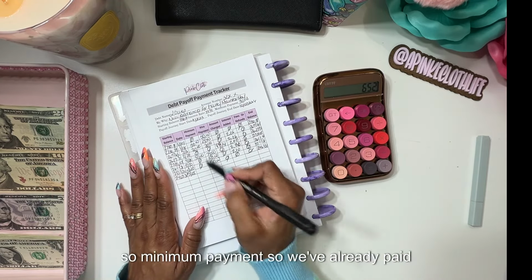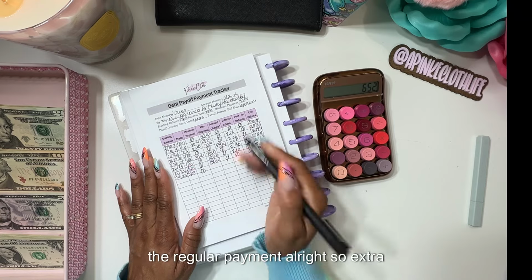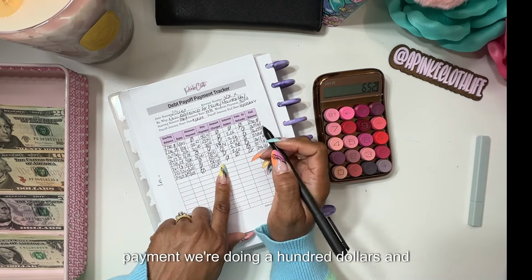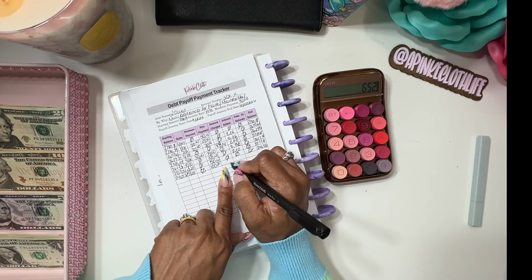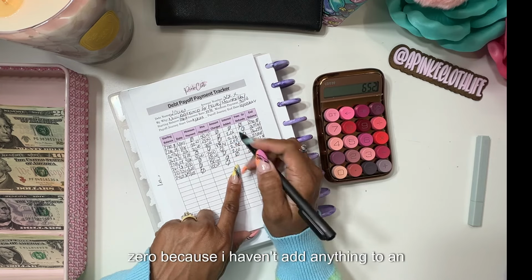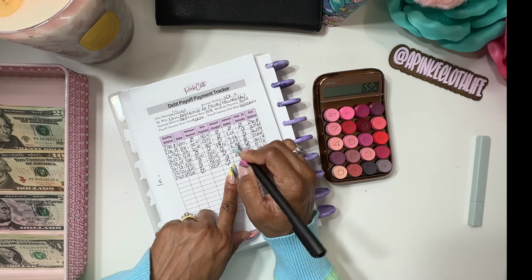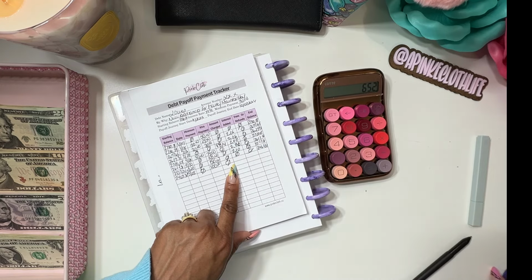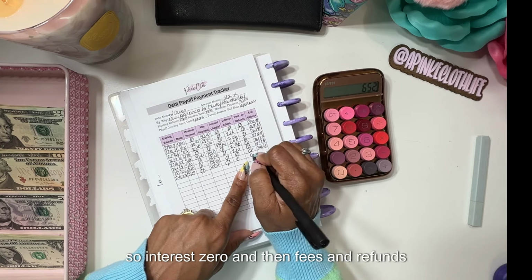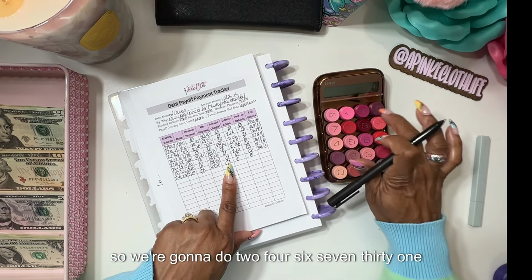Okay. All right. So minimum payment. So we've already paid the regular payment. All right. So extra payment, we're doing $100, and then amount charged would be 0 because I haven't added anything to it. Interest. I don't know why I did 2. No. Yeah. So interest 0, and then fees and refunds. So we're going to do